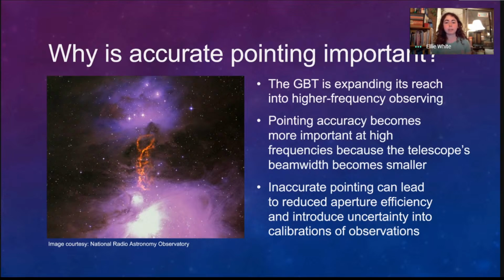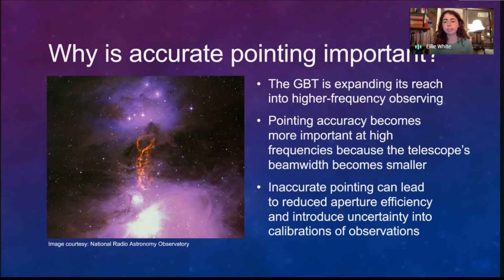So what does that mean? Well, a radio telescope, if you point it at the sky, in most cases, especially for older designs, you'll just be looking at one pixel on the sky. And that pixel's size is determined by the frequency. So if your frequency is really high, the size of your beam or your pixel is smaller. For example, at the GBT's maximum frequency, 115 gigahertz, the beam size is 9 arc seconds. So if you want to be reasonably accurately on your source, you really need to have accuracy within 1 or 2 arc seconds for that to be effective enough.